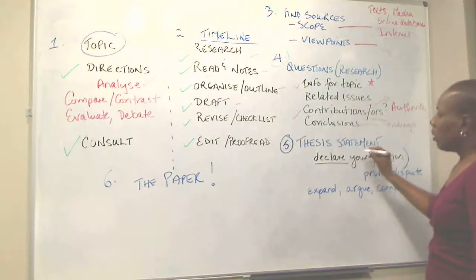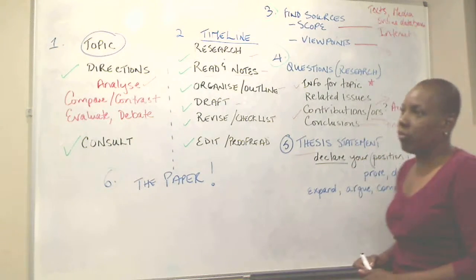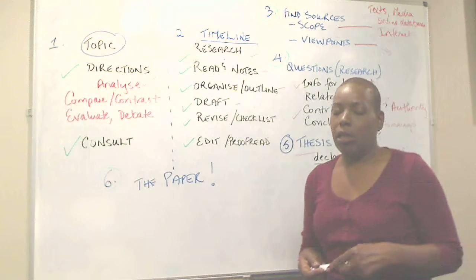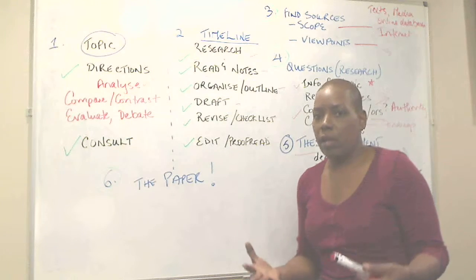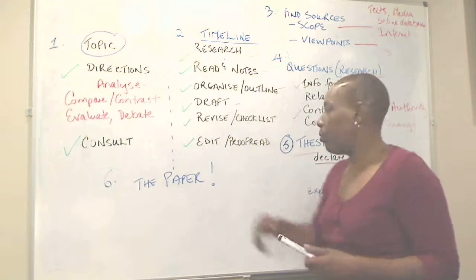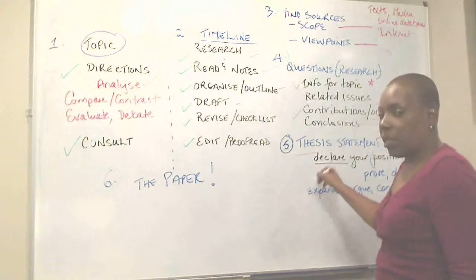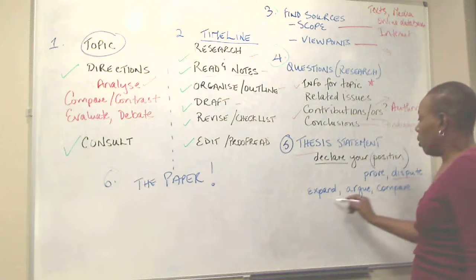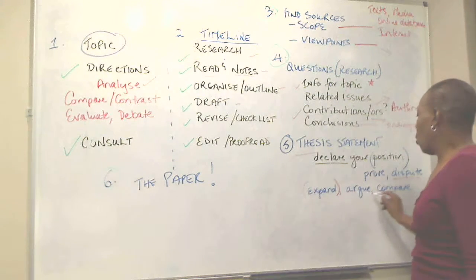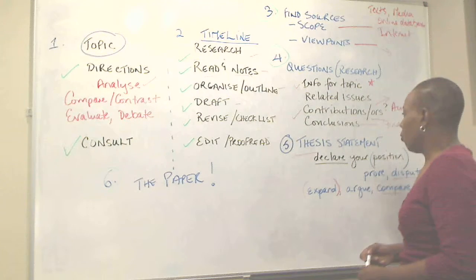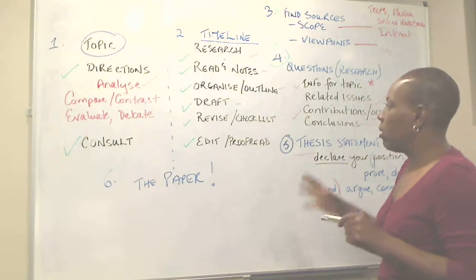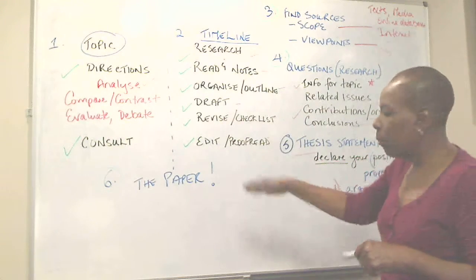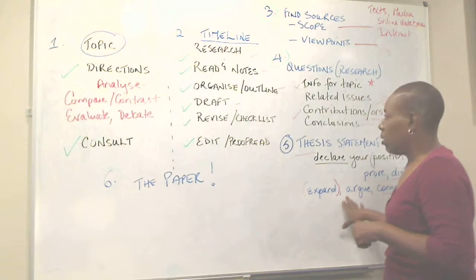So when we get to the thesis, the thesis statement is the statement that declares your position. It indicates to the reader where exactly you are on the issue. So when you are making your declaration, you are either going to prove or argue, expand on it, or do a comparison. So this is why I'm saying there are always connections between the preparation of your academic paper and the research process. Because